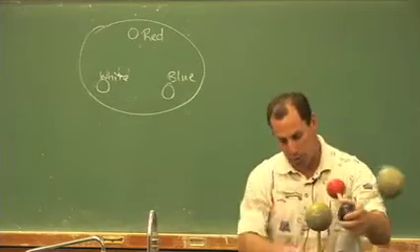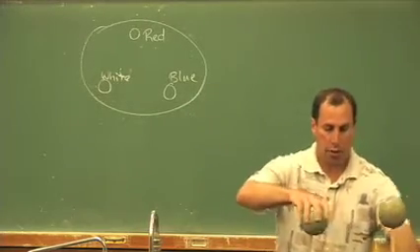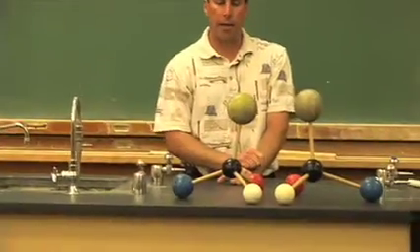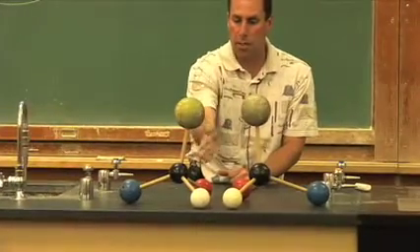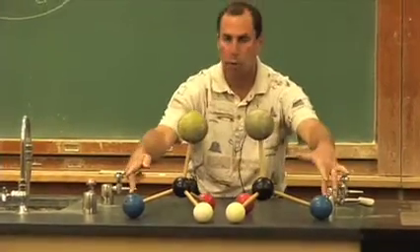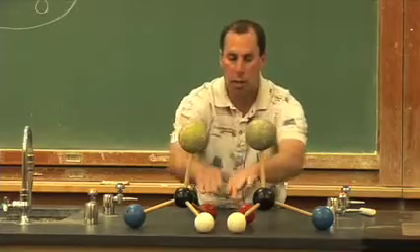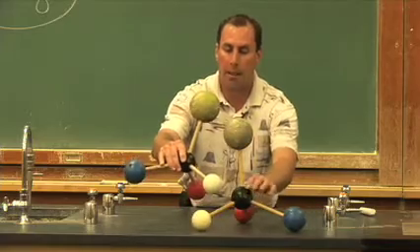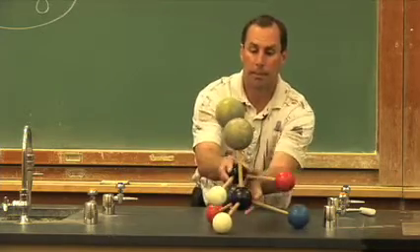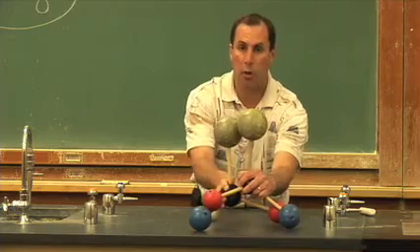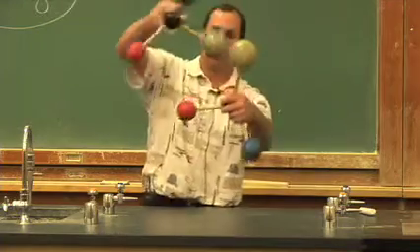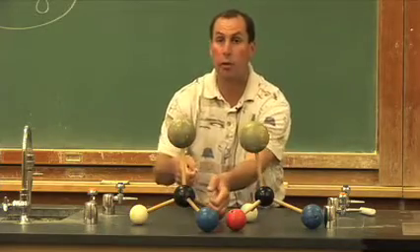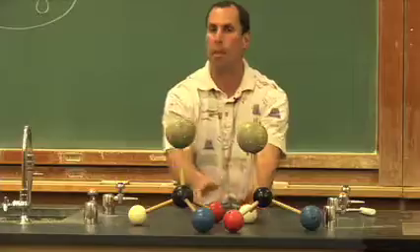Let me put these molecules back together and show you what I've got. Something like right and left-handed. There's a mirror reflecting this molecule onto this molecule. The blues are far away from each other, the whites are close, and the reds are close. They're not the same molecule. When I try and overlap them, I'll put the whites on top of the whites, and the red and the blue are different. There's nothing I can do about it. In order to get them to be the same, I'd have to undo 2 bonds and switch them, and then they'd be the same. So chiral